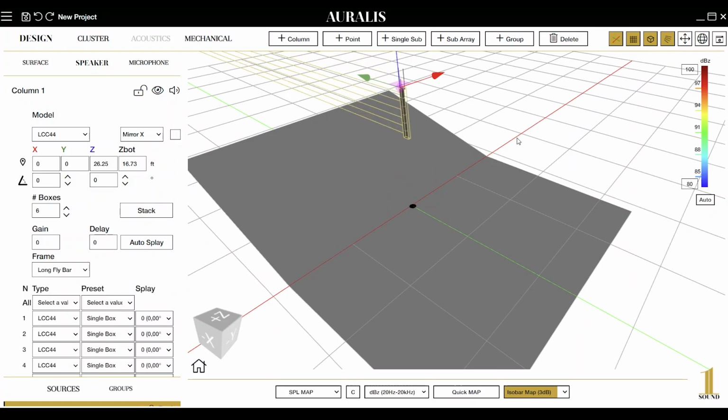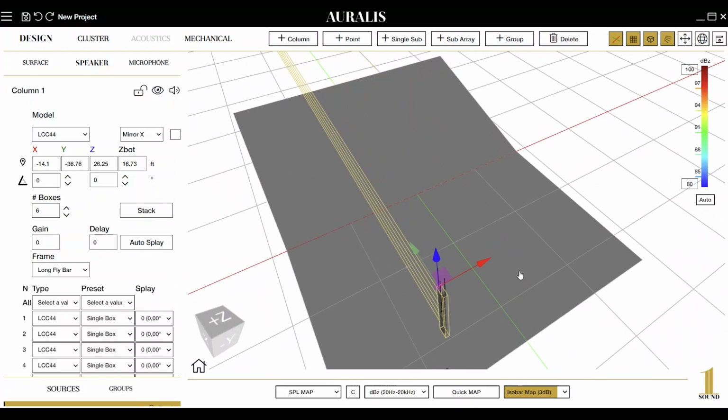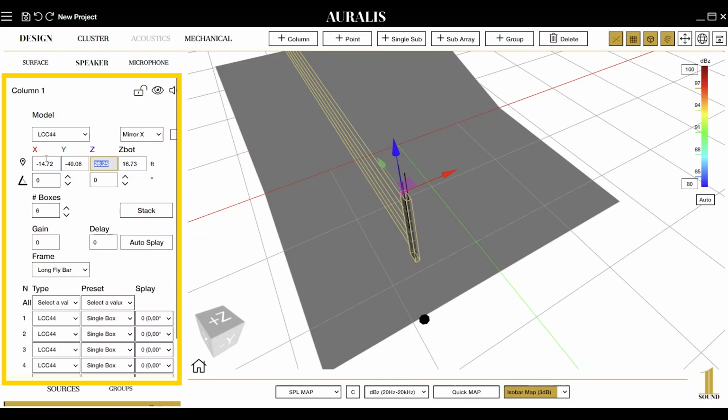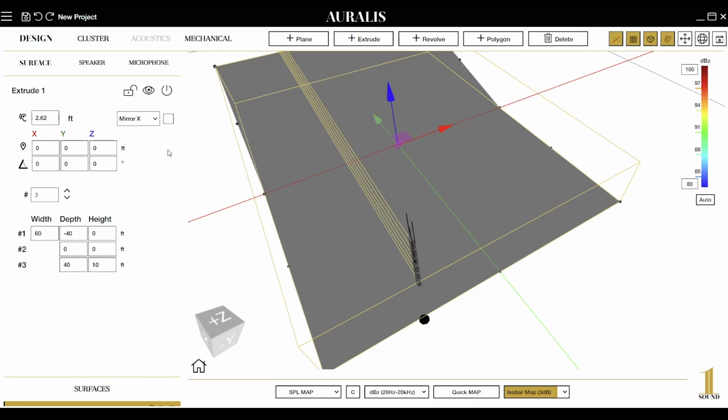Now we're going to move the line array into the position we want. Then we're going to select the height of the line array. We're going to choose 20 feet. 20 feet is the position of the top of the stack. You can double check this in the mechanical tab. In stacked mode, the height will change to the bottom of the line array when you choose your position on